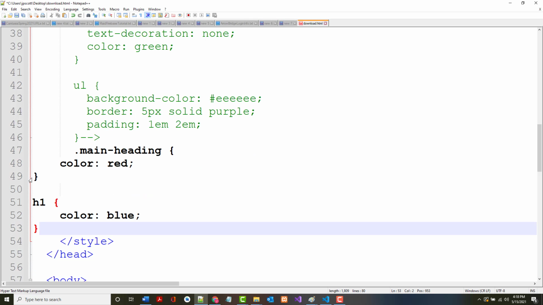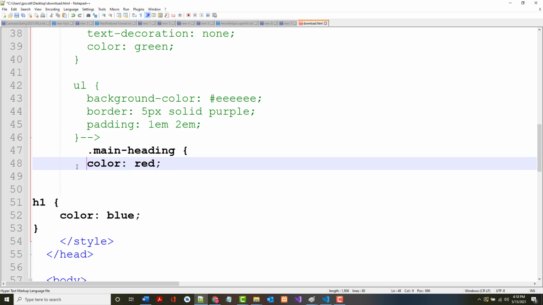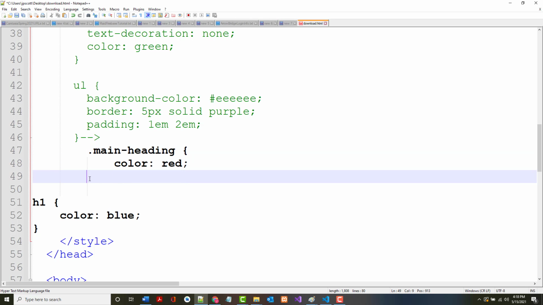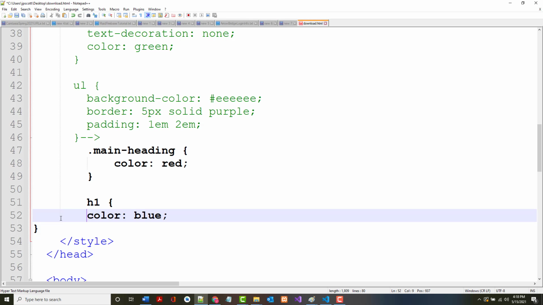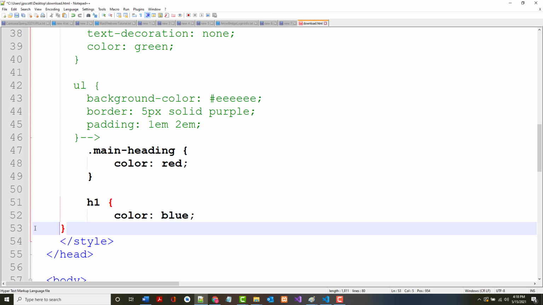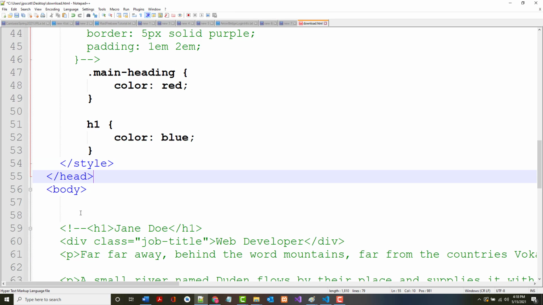And what does it say? It says that we have a class, and that class is called main heading. All right, and that class will have a color red associated with it. We're also saying we want all H1 tags to have a blue font color. All right, so jumping back into here,